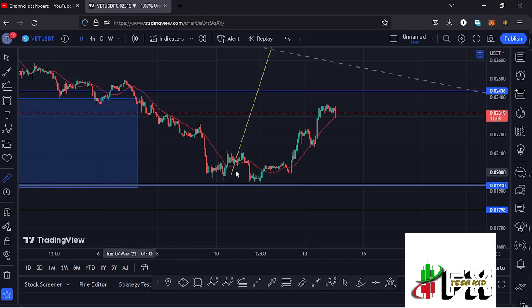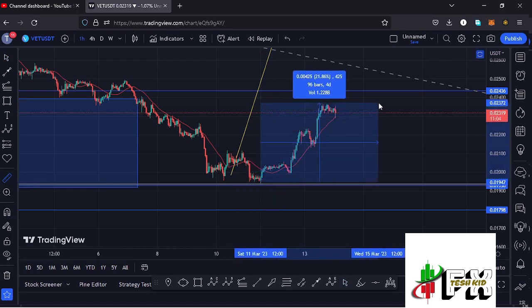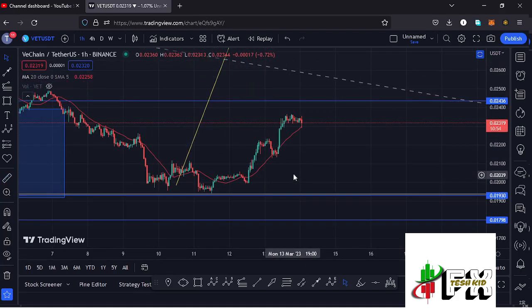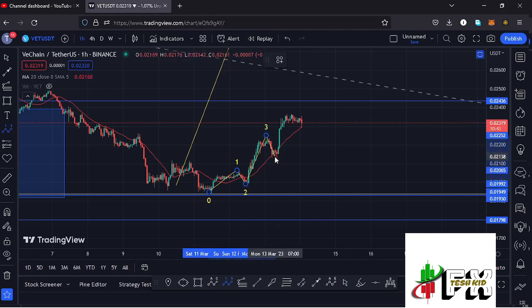And by first giving you a measure from that low down there to the high that you have at the moment, you can see that the market is up by more than 21.64%, which is a very nice bounce to the upper side. And getting to the Elliott wave structures, that is the micro Elliott wave count within the formation of that larger Elliott wave count 3. We can have these as the first wave to the upper side, then we saw the formation of that wave 2, then a wave 3, then a wave 4, and I believe that we have peaked in the formation of that wave 5 to the upper side at around the